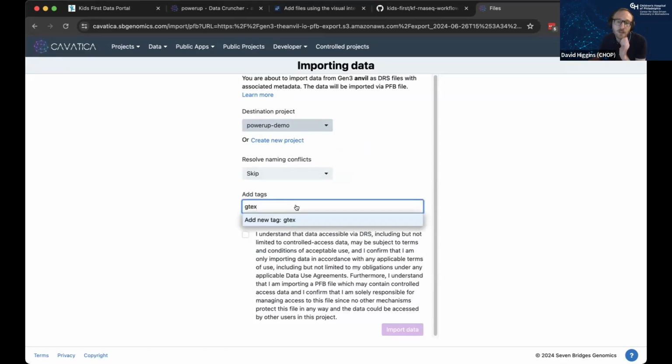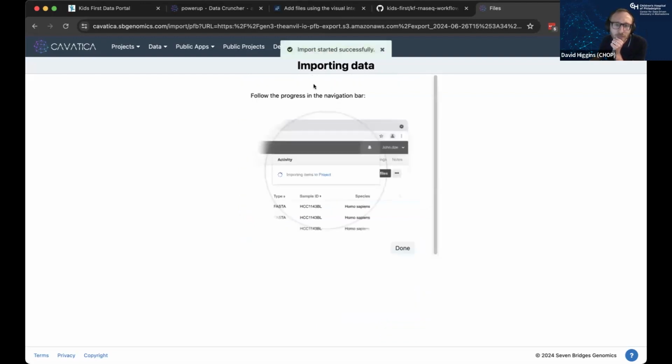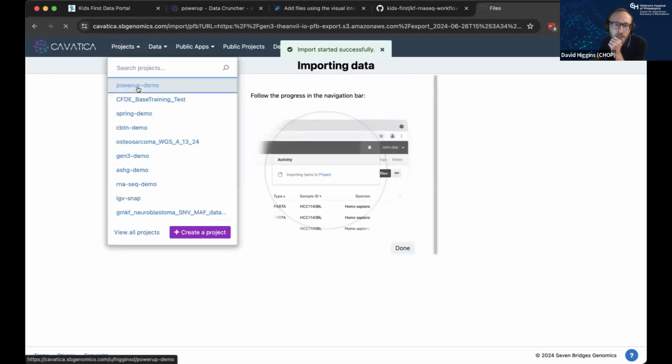we'll just have this as GTEx. And we're going to say that I understand that I'm going to use the data responsibly. And we're going to click that button. And it's going to import start successfully. And because we chose such a small number of files for our demonstration,